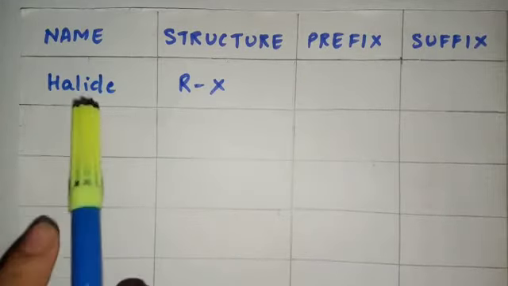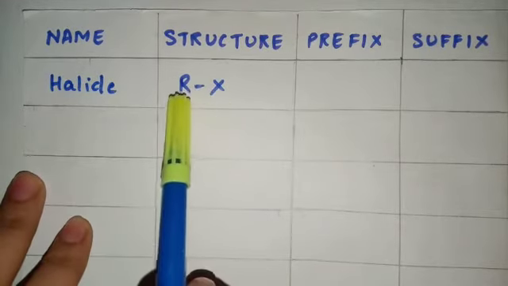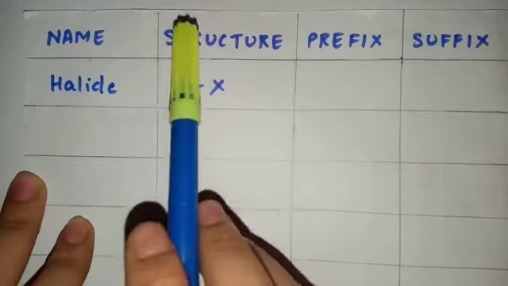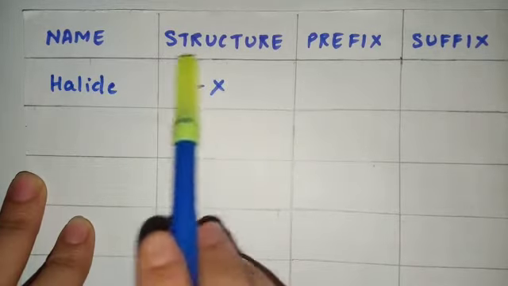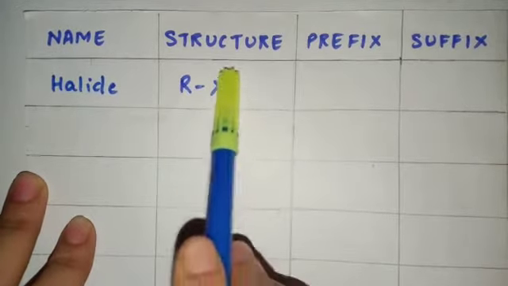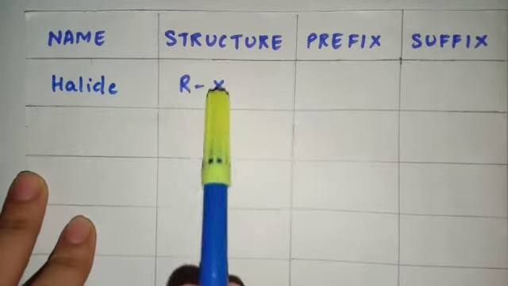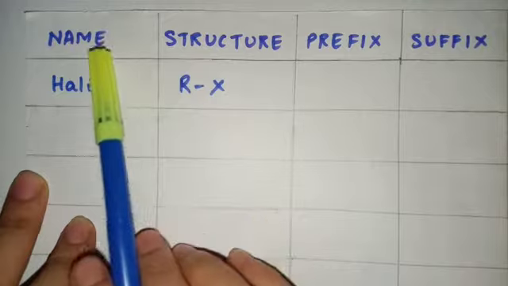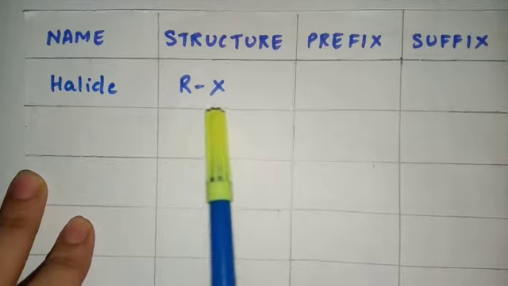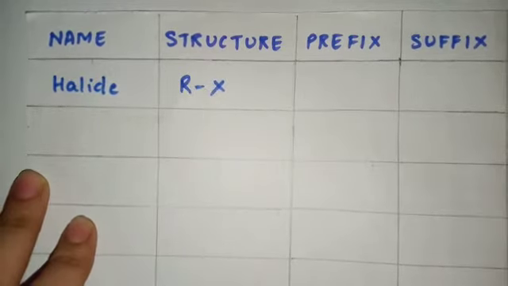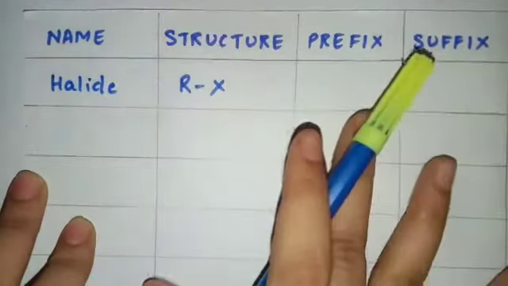So the very first functional group which we have is a halide. The structure is RX, where R is nothing but the alkyl group. So from an alkane, when you remove one hydrogen atom and add X into it, it becomes a halide compound. Now what is this X? This X indicates halogens: your chlorine, fluorine, bromine, iodine, all the halogens which are there. So we can have any halogen over here and any alkyl group, and that will form a compound.